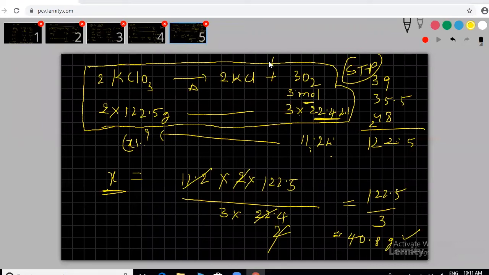Now, what is the next sliding I gave? Please, anyone? Yes. For all gases you can take 1 mole equal to 22.4 liters, if they mention the STP condition. If they mention STP condition, you have to take all gases 1 mole equal to 22.4 liters. So in that case, no doubt, we have to take it. Okay. We'll try some other problems also.